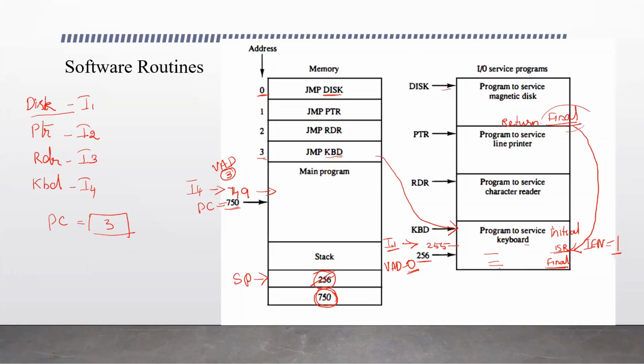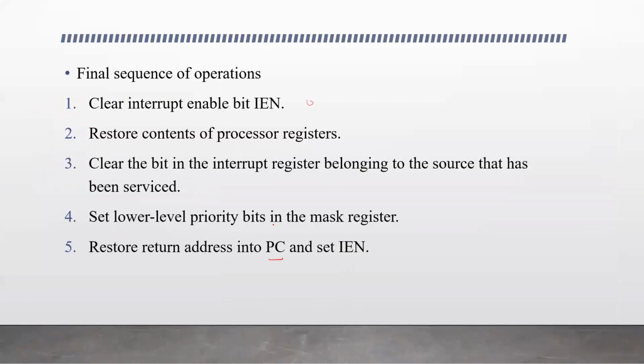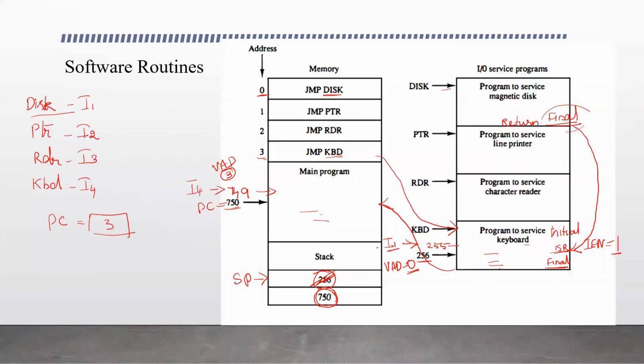This is at the top now. This has already been removed. So this is stored in PC. That will take the control to the 750th location in the main program, and these instructions are executed. At the same time, IEN is set to 1 here during the final operations. And the mask register bits are also set. All the bits are set to 1. So now any of these devices can interrupt the CPU. So this way the interrupt service is done to the devices using this interrupt initiated IO.